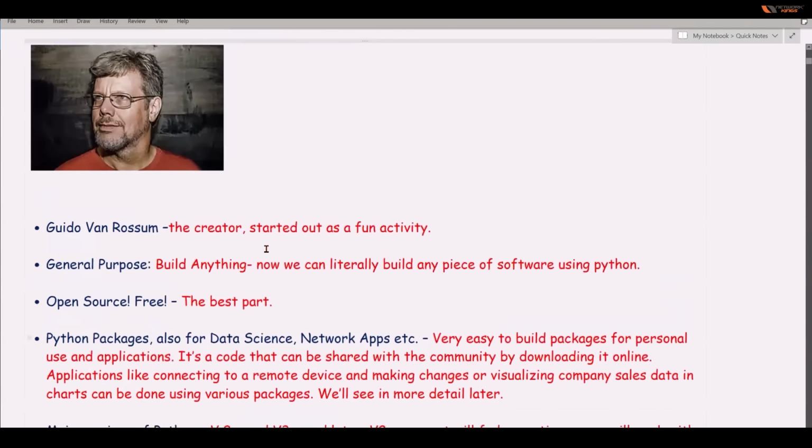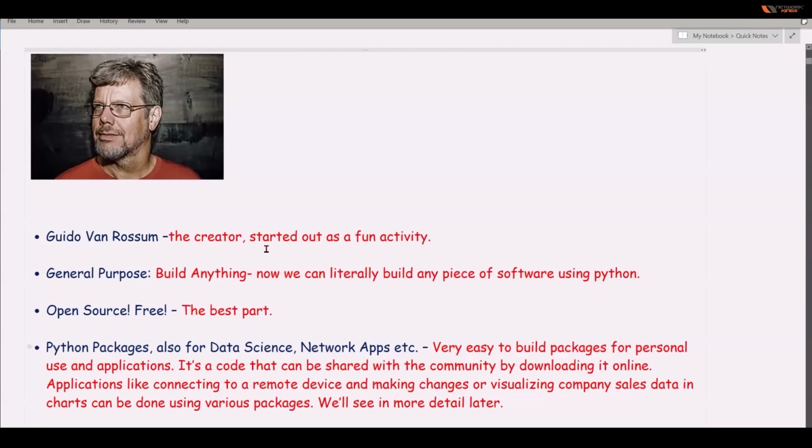So now let's start. This beautiful gentleman that you see on your screen, his name is Guido van Rossum. He is the creator of Python. He was working for some organization where they were creating another high level language, but over time he realized that whatever language they were creating was not going to solve a lot of problems. So he started creating Python at his own home,